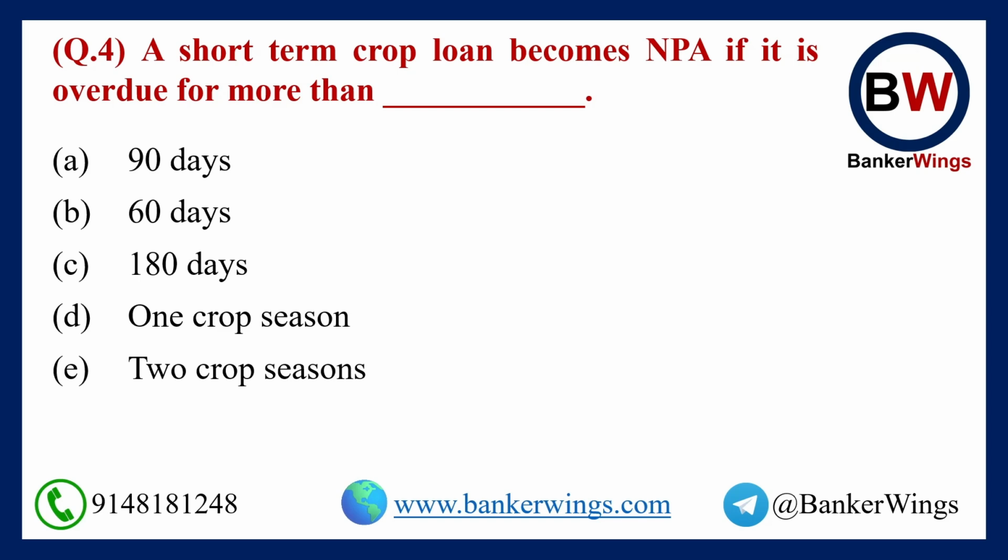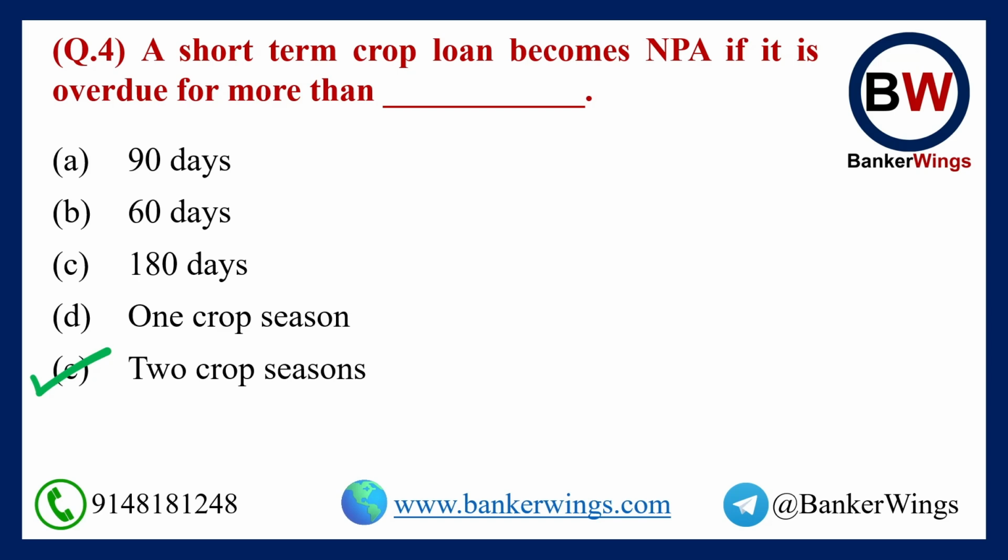So here the answer definitely cannot be option A, because 90 days is for non-agriculture loans, and I already told you the classification rules differ for agriculture loans and non-agriculture loans. So the answer is definitely not option A. So we have options B, C, D and E. So what is the answer? Here the answer is option E, 2 crop seasons. So remember, for a non-agriculture loan account to become an NPA, it has to remain overdue for more than 90 days. For a short-term crop loan to become NPA, it has to remain overdue for more